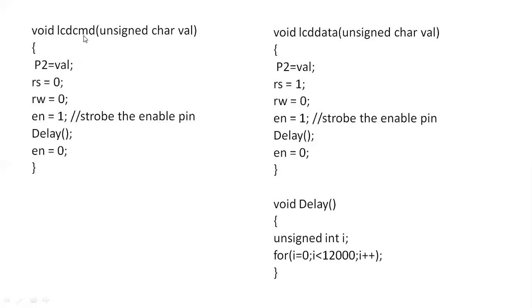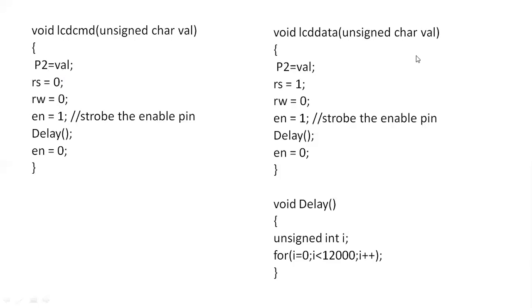So this is how to configure the LCD command register. P2 is nothing but the value I'm going to load into P2. Register select and register write should be 0, and the enable pin should go high to low with some delay. The next one is void